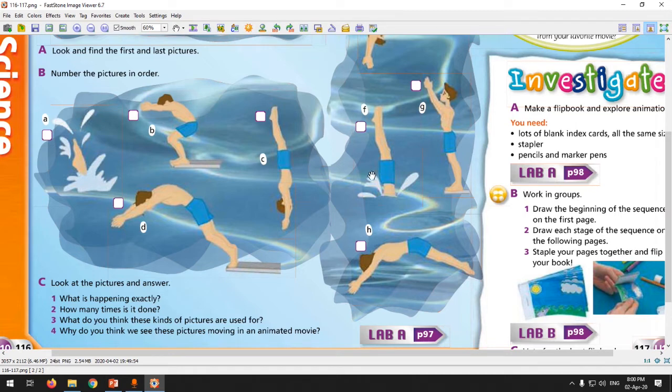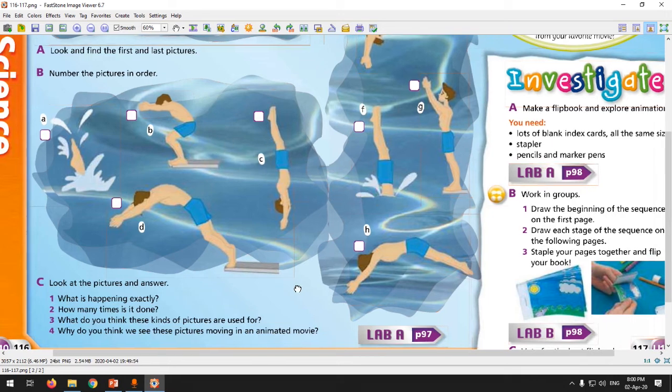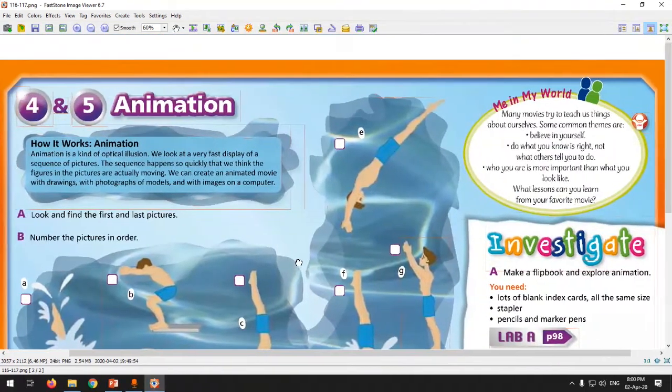Then it tricks our eyes into thinking they are moving, but while they are not, they're just moving very fast. Okay, after we finish,